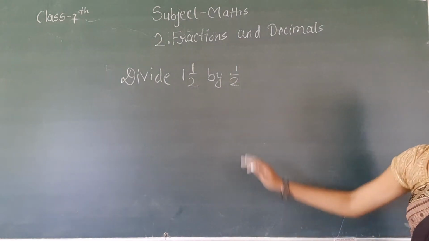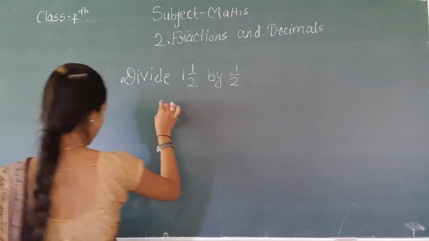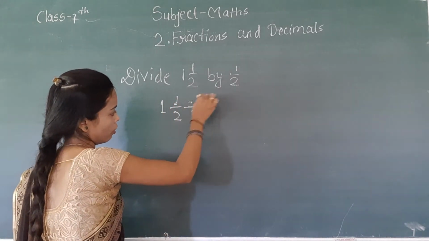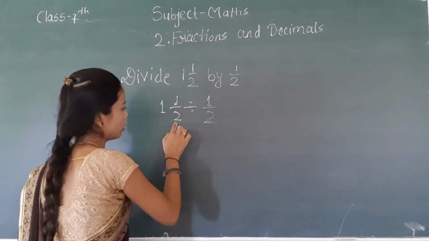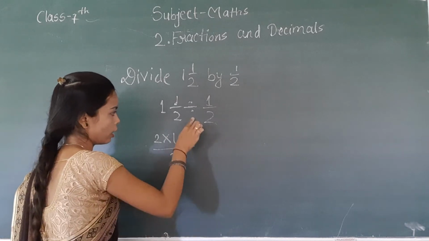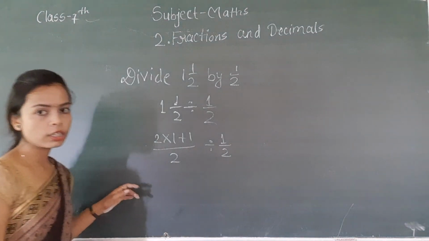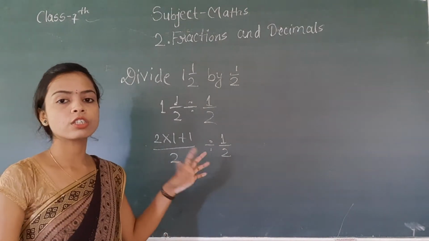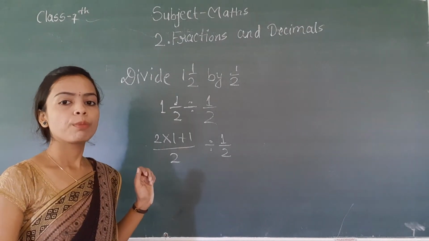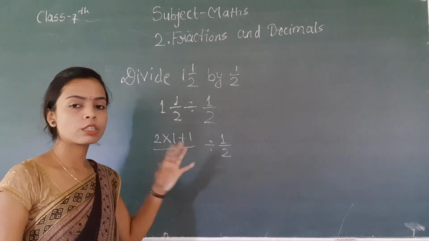अगर आपको इस question को symbolical form में लिखना है तो आप कैसे लिखोगे? You have to just write it as 1 by 2 divided by 1 by 2. So you can write it as 2 into 1 plus 1 and in the denominator it's 2, and it's a division symbol. Don't change your division symbol until and unless both the fractions are in proper or improper fraction. जब तक कि आपके दोनों fractions proper fractions में improper fractions में नहीं आ जाते हैं, solve नहीं करना है, इस division symbol को change नहीं करना है.